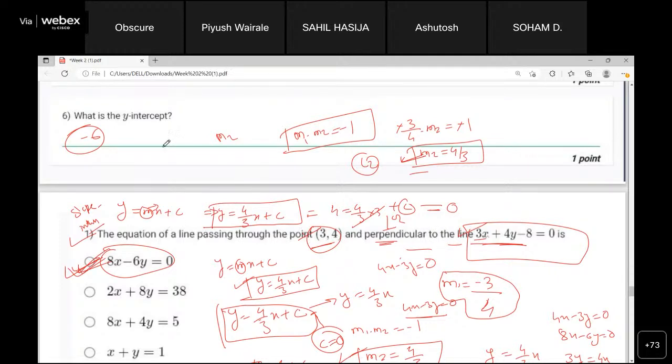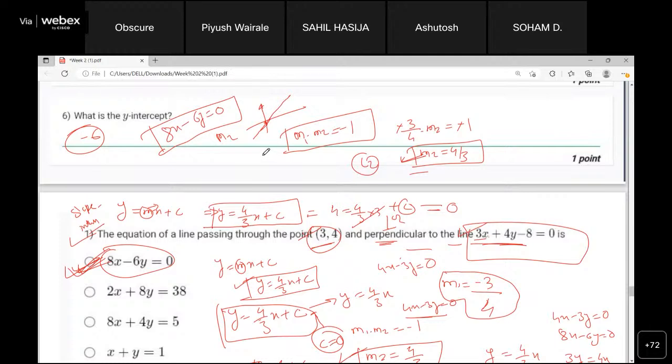So this is the equation of a line, x minus 6y equals to 0, right? Now this line is passing through the origin. If you put x equals to 0, it is y equals to 0. If you put y equals to 0, it will be x equals to 0. So it is not cutting the x-axis and y-axis at any point. So it does not have any x-intercept or y-intercept. In both the cases, it is 0 only. It is passing through the origin only here.